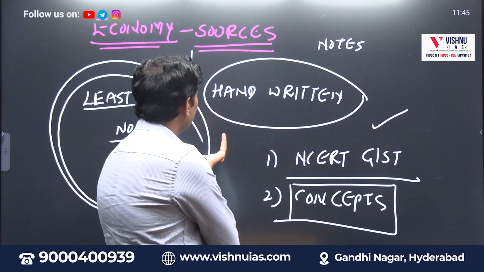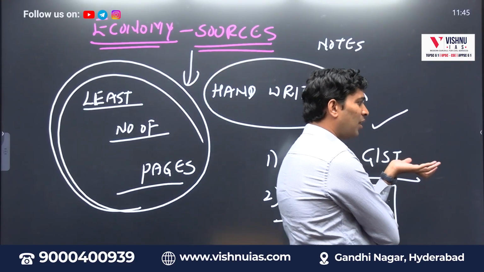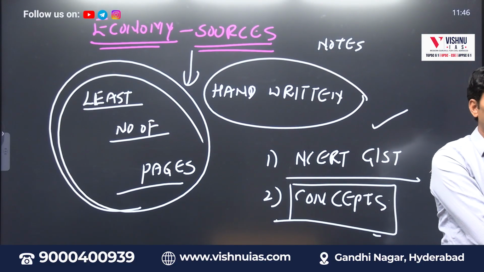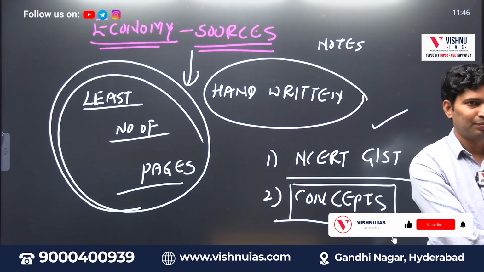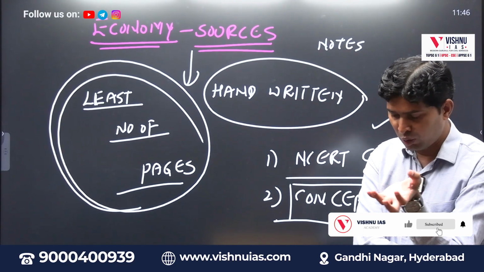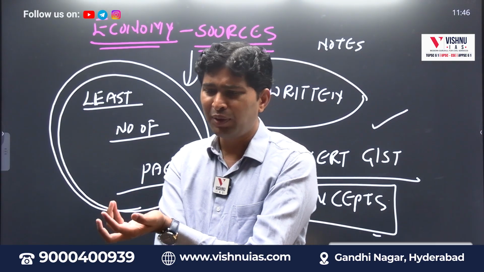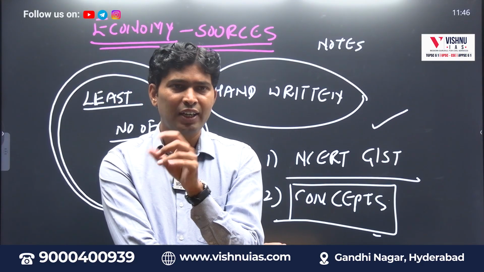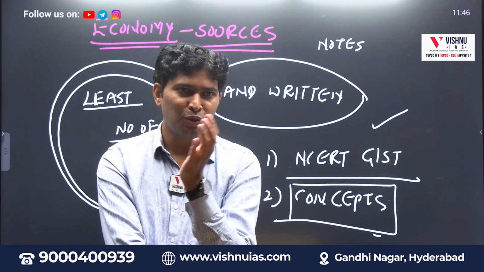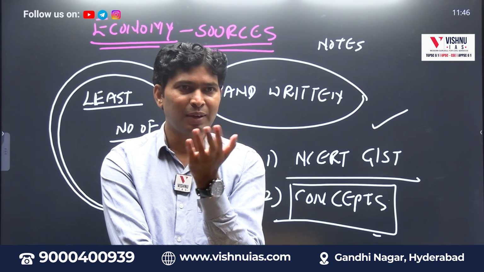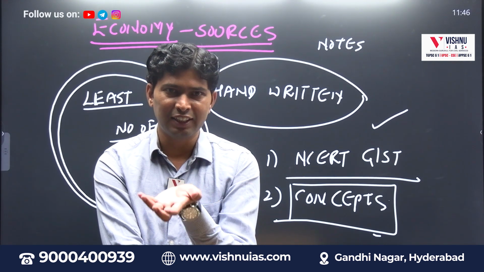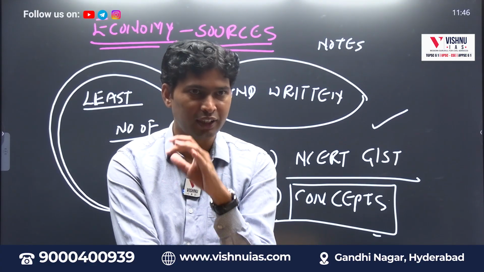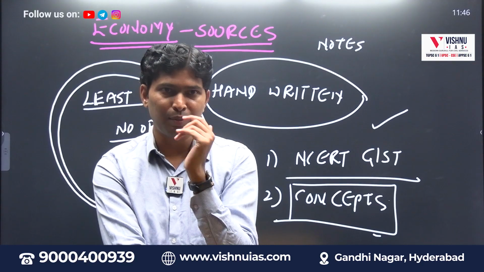But I won't suggest any specific standard book in the market, not because I don't like it. They're unnecessarily dumping. They're unnecessarily making it so complex. I don't want to take any author's name, but what they're trying to do is, if a concept is asked in one year, collect the PDF online and put it in the chapter. In the process, what is happening? The number of pages keeps increasing and increasing. Finally, you don't know what is relevant, what is not relevant, what is important, what is not important. So that is the practical problem.